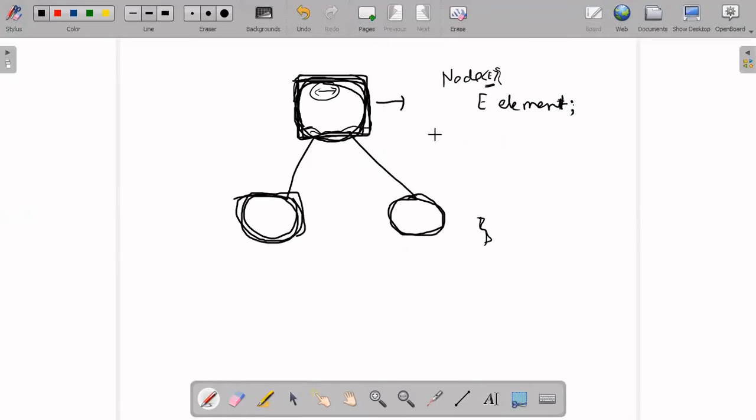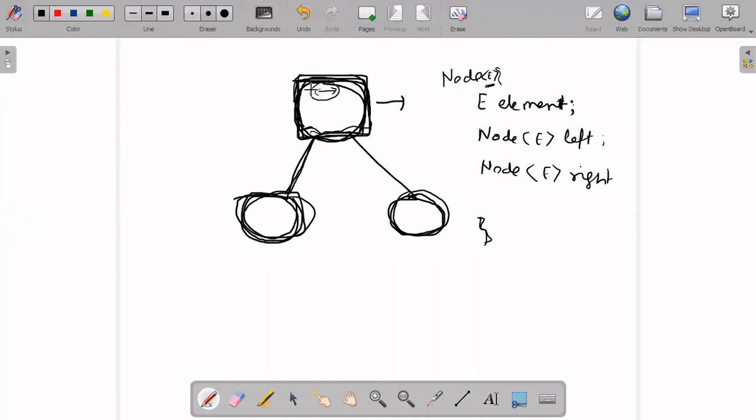The second thing I want to know is what the left child is and what the right child is, for any node. So I want one Node<E> left, and I want right also, Node<E> right.